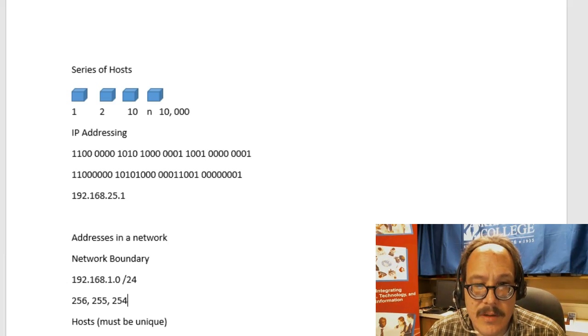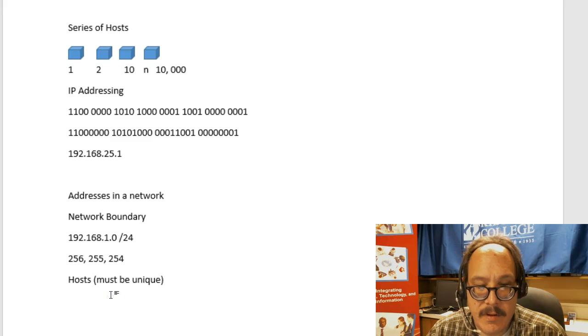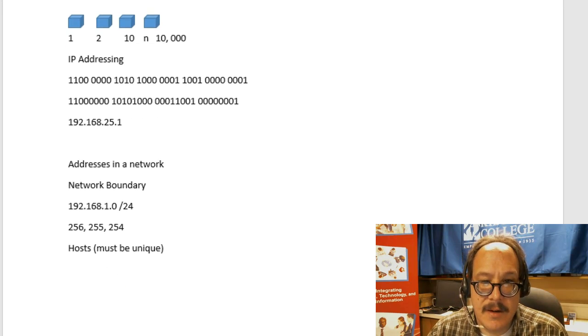One of those hosts becomes the gateway. The gateway is just a way to get the data off the network. Okay, that's what it's for. So in my subnet, my little subnet I've created here,